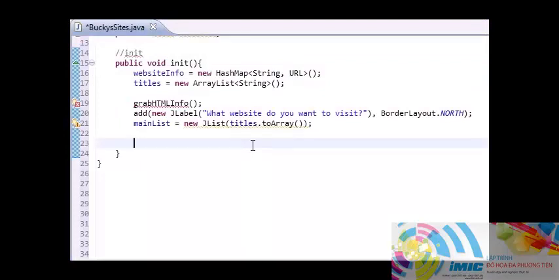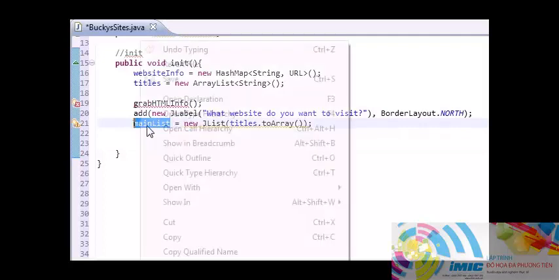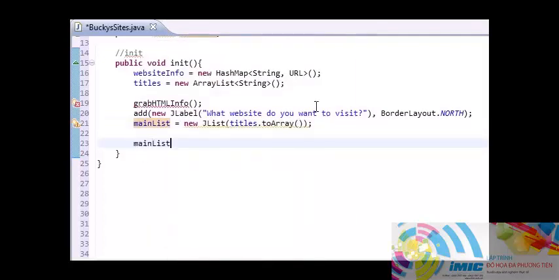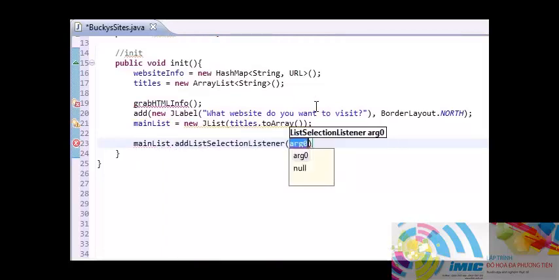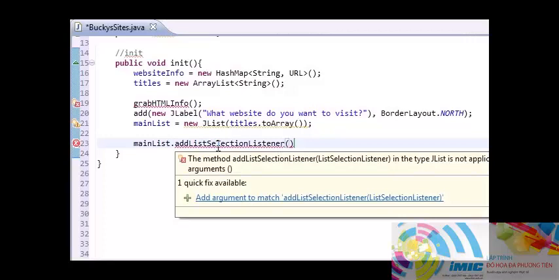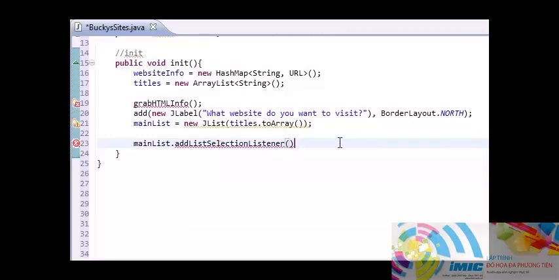So go ahead and write the name of your list, which is main list, and add a method called add list selection listener to it, just like that. Now, inside this parameter, what we need to do is add an anonymous inner class, basically the functionality to wait for the list itself. So the first thing you do is add a new list selection